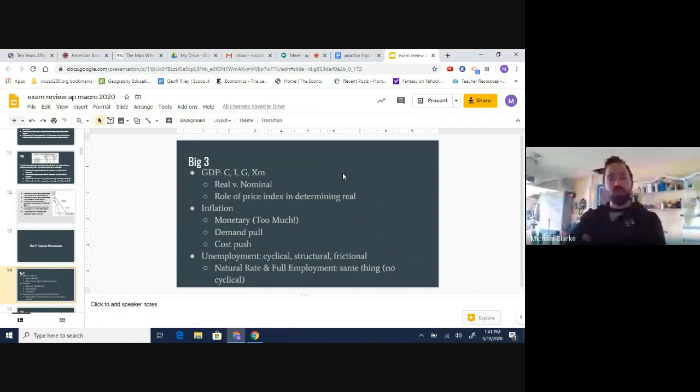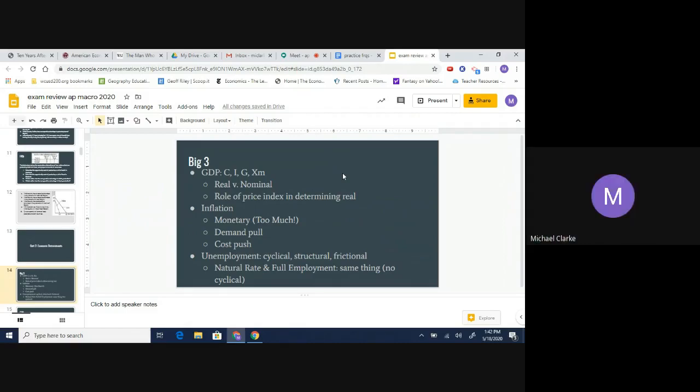There are 3 types of inflation. Remember, inflation is a rise in prices. That's all. It's a rise in prices. You have monetary inflation when the Federal Reserve, or our central bank, prints too much money. You have demand pull inflation. Just visualize a basic supply and demand graph, and demand shifting right. It drives up prices. Or you have cost push inflation, which is supply. Visualize supply and demand, and supply shifting to the left. More on that in a second.